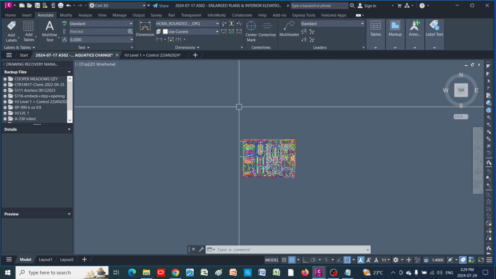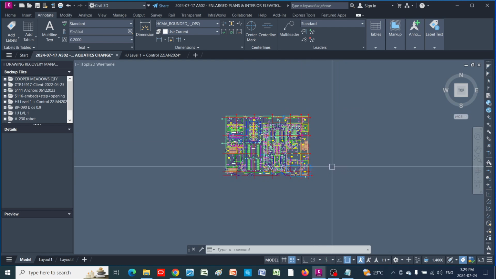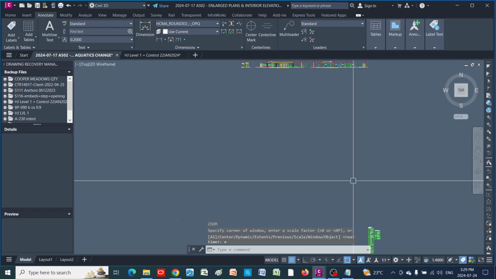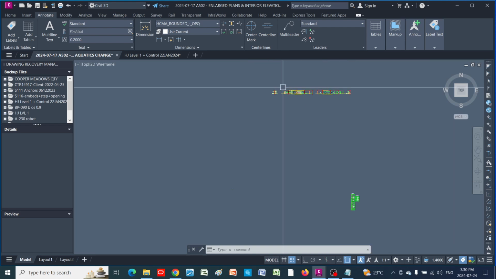Okay. I'm gonna make sure that this is the only drawing in this file. So I'm gonna type in Z for zoom. I'm gonna choose E for extents. I'm gonna hit enter. So it turns out that there are a lot of drawings here. I don't need these drawings.